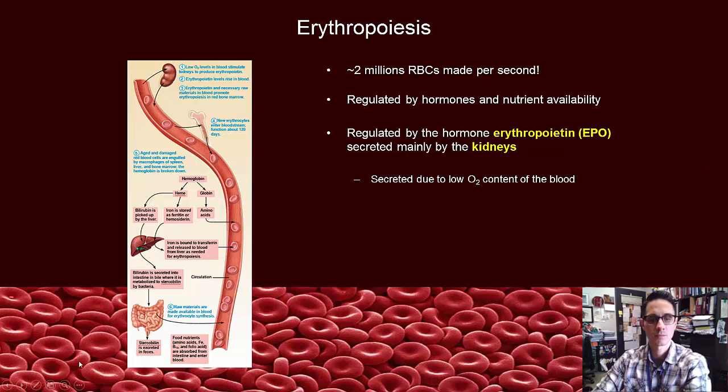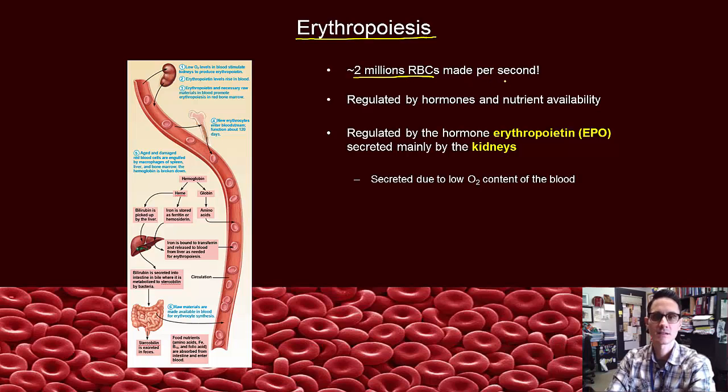Okay, so what we're going to do now is talk a little bit about how we manufacture red blood cells. So this process is given the term erythropoiesis. So we know that this occurs in the red bone marrow. Red blood cells originate from a stem cell called a hemocytoblast. All right, and that hemocytoblast can differentiate or change into two different cells or cell lines, and the red blood cell is going to come from the myeloid stem cell line,